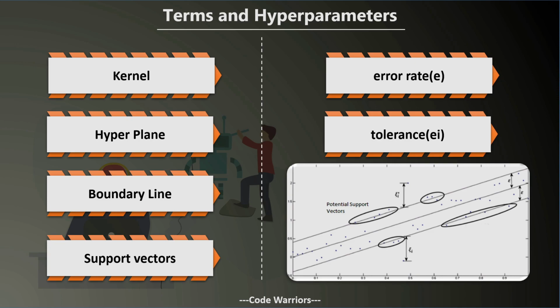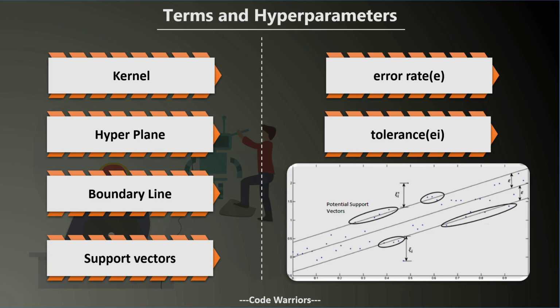All right, now you need to understand some things about the support vector regression here. First, it tries to fit the data on the basis of kernel. All right, and it uses a hyperplane to fit the data, whether it's nonlinear or linear. All right. Third, it sets the boundary line on the basis of error rate. I mean, how big the error rate is or how small the error rate is. It defines the boundary line above and below our model. And fourth, the support vector defines the model.